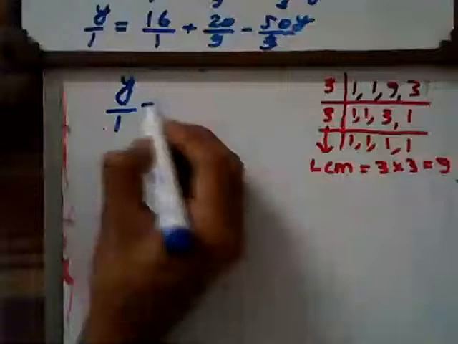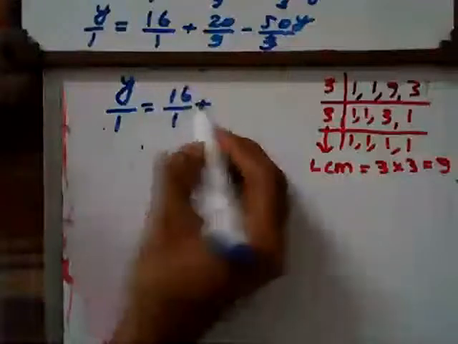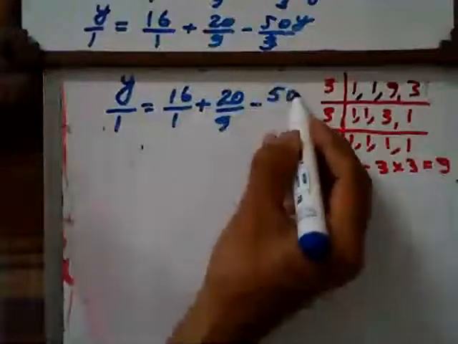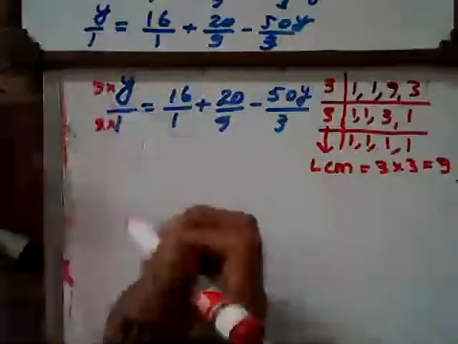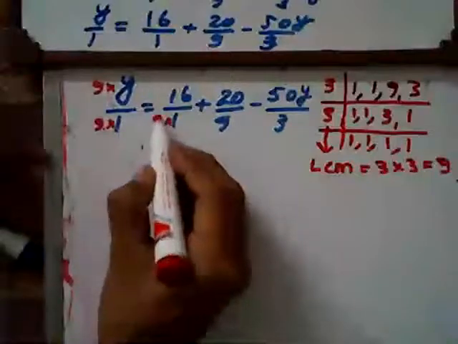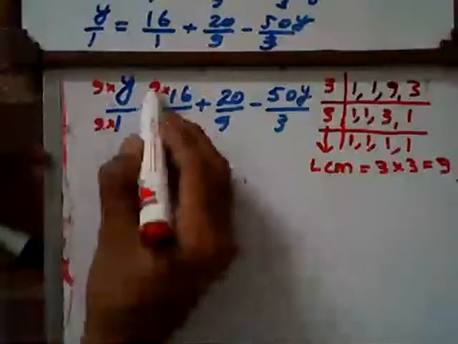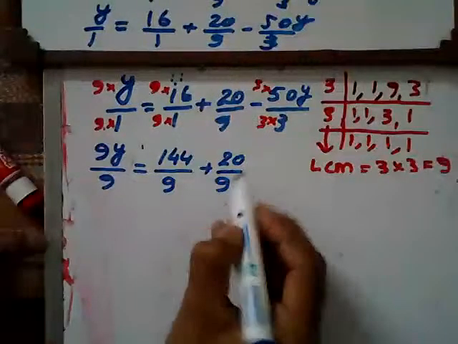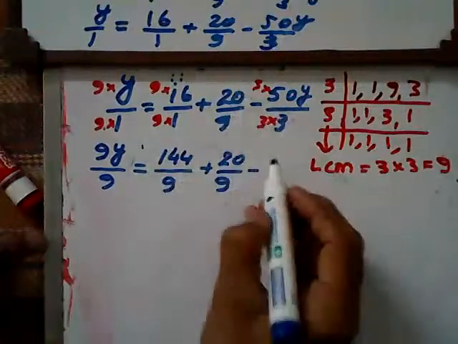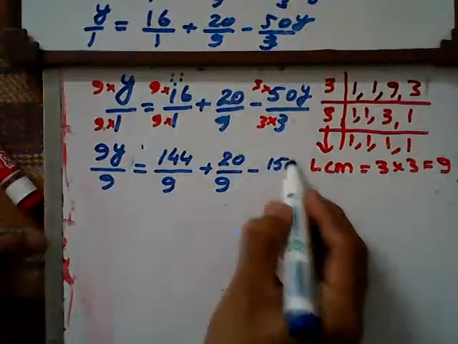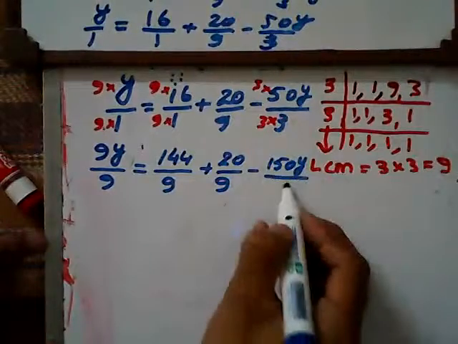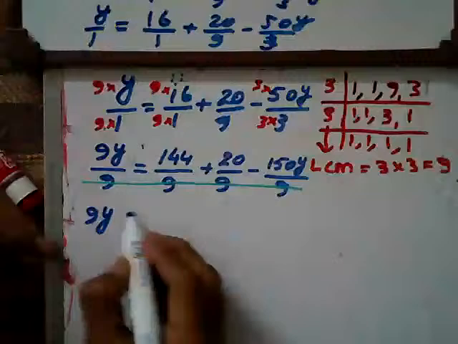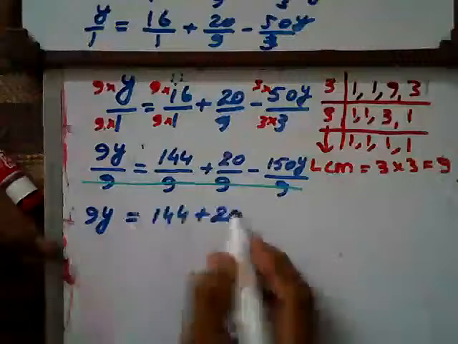is equal to 16 upon 1 plus 20 upon 9 minus 50y, and the numerator. How will we convert this into 9? Multiplied by 9. So this will also be multiplied by 9. And how will we convert this into over 9? And minus 50 multiplied by 3 is 150y over, as it is. So 9y is equal to 144 plus 20 minus